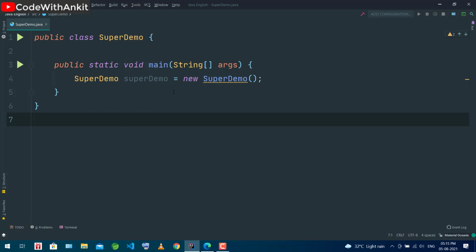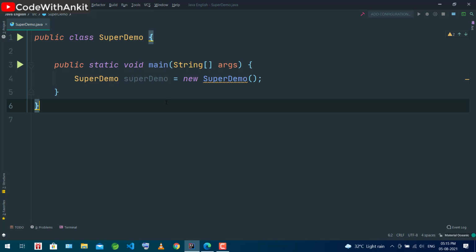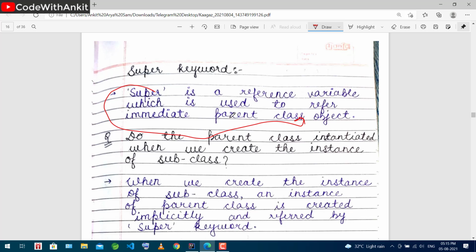Suppose this SuperDemo reference variable is pointing to which object? It is pointing to the SuperDemo object, right? Am I right? Just write it down in the comments.